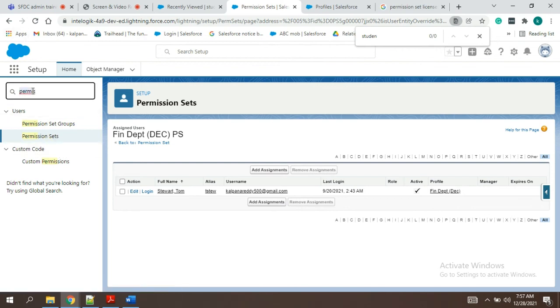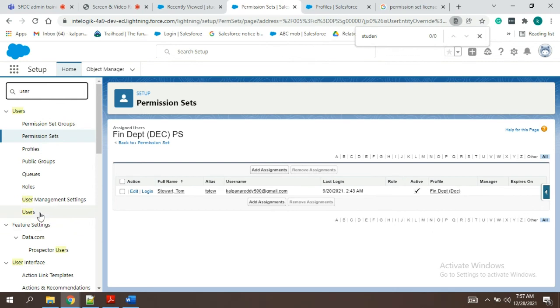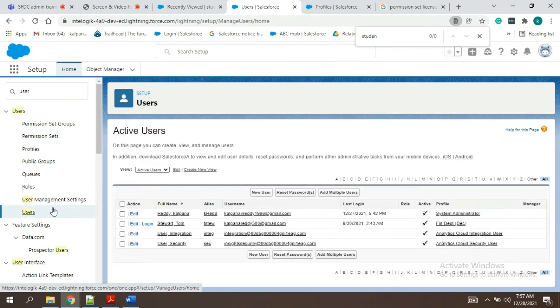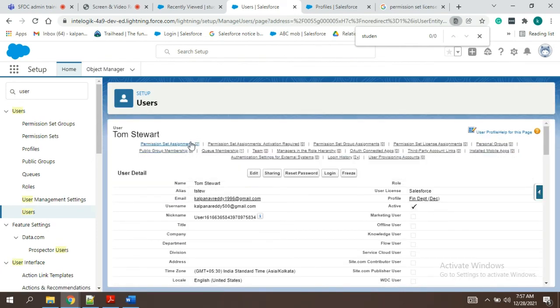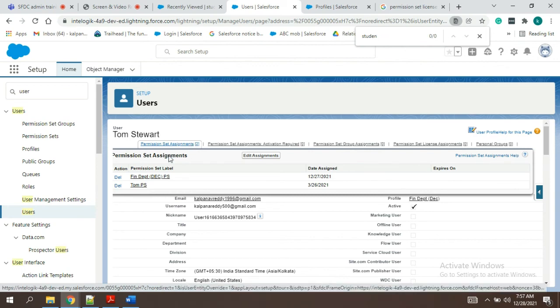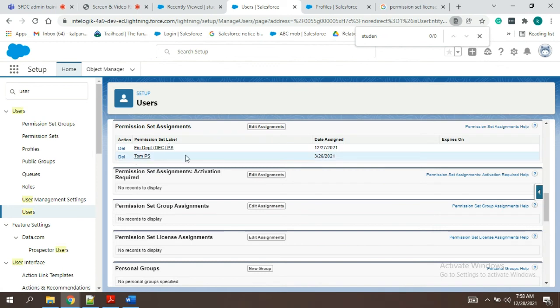If we see the user, you can see all the things, how many profiles, how many permission sets does a user have, everything you can monitor from the user. Okay, now user, I am clicking. You can see the permission sets here. Has two permission sets. One is the older one which I have already added, and the other one is just now we have created. And the date will be shown like previous day because Salesforce org is running in the other time zone. Okay.